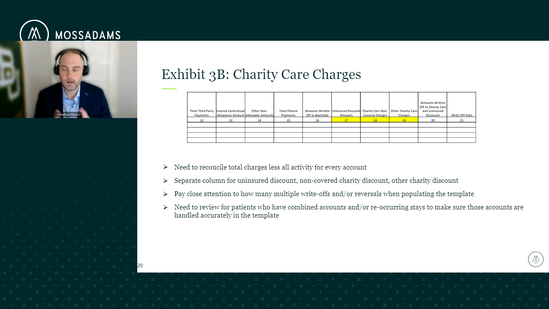There's an uninsured discount bucket that you're putting those dollars in. There's your non-covered bucket that we talked about, your 25.01. That's most of the dollars associated with that. Your other charity care charges. A lot of times, if you have an insurance status of 3, you'll be putting your co-insurance deductible discounts in that column 19. So there's a lot of moving parts here, and you've got to pay special attention to make sure you're not duplicating charges in a certain column or your write-offs in a certain column, and that every record ties out.